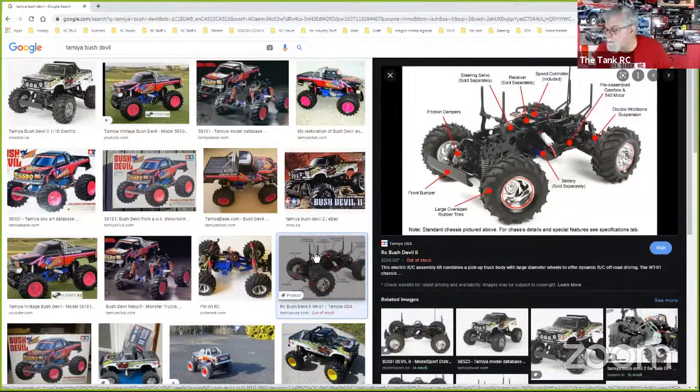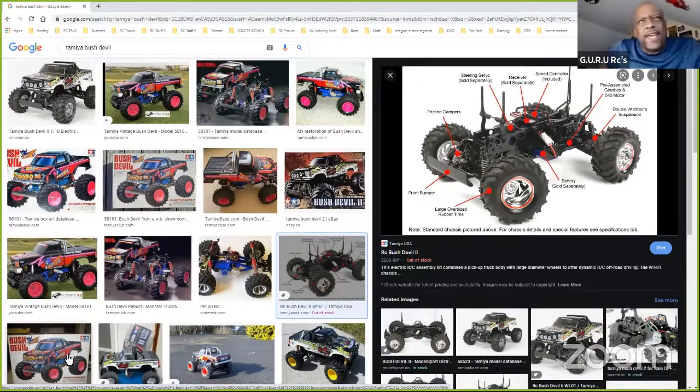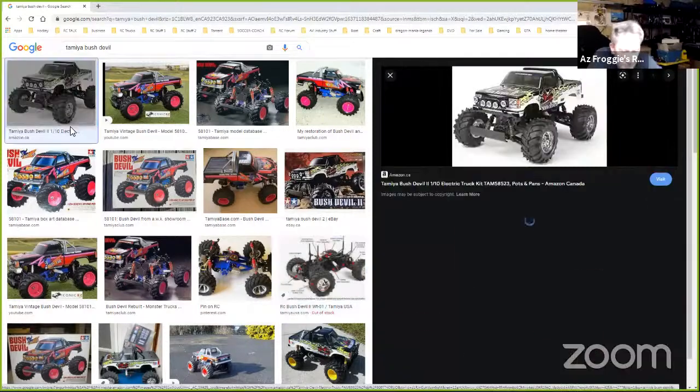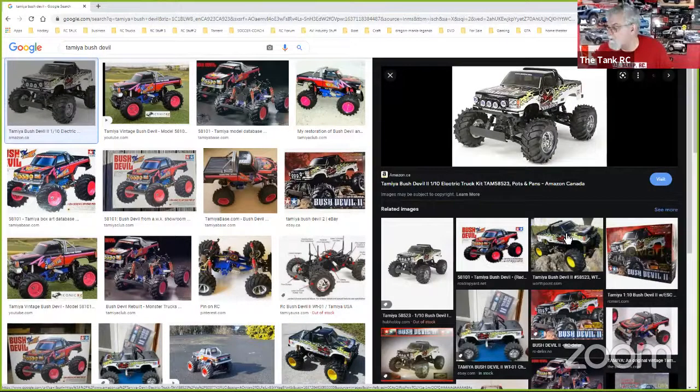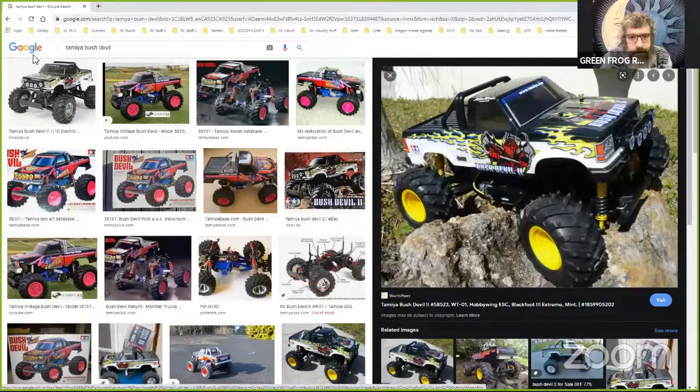So this is the Devil 2. The Devil 2 was different. That's a completely different chassis. There was a Bush Devil 2. I see it as black and white with yellow accents. Yeah, the Bush Devil 2 was way different. Okay, that's the devil on the side. It's not bad either. Yeah, the other chassis,